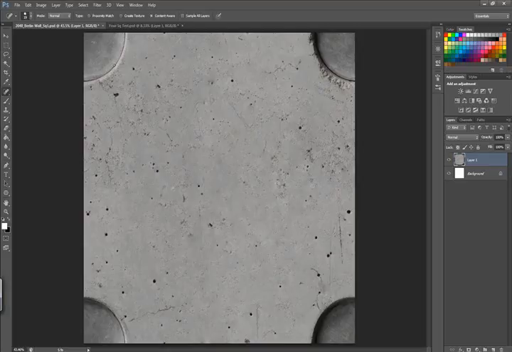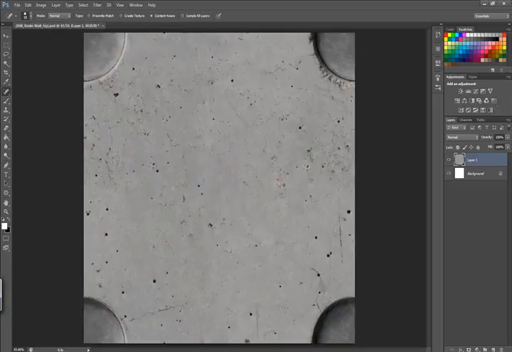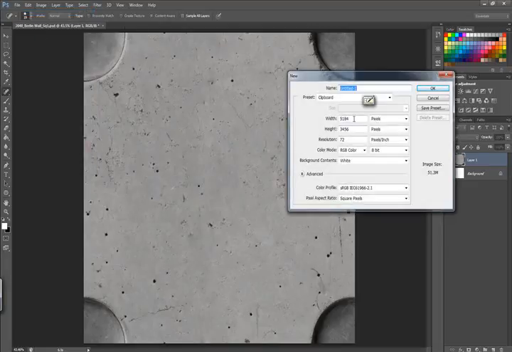You're still going to see a little bit of the seam, and you're going to have to do more work on it. That's inevitable. However, here we go. We can have a look at how it tiles up. So what I'll do is I'll just create a new document, and this document can be something like, I don't know, let's make it